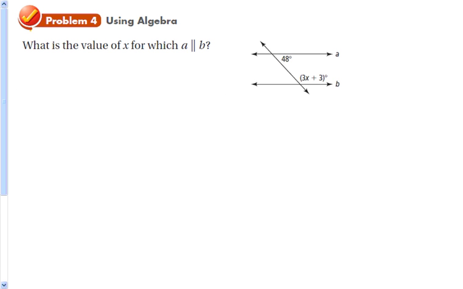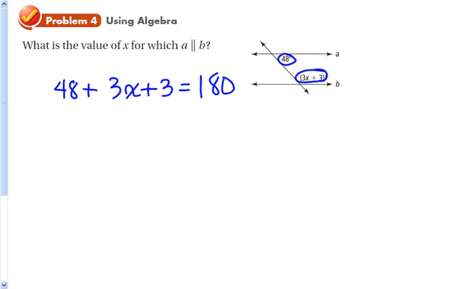All right, problem 4. What is the value of x for which A is parallel to B? Well, if A is parallel to B, then these two angles, which are same side interior angles, need to be supplementary. So 48 plus 3x plus 3